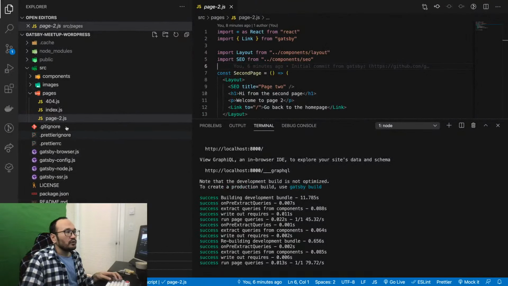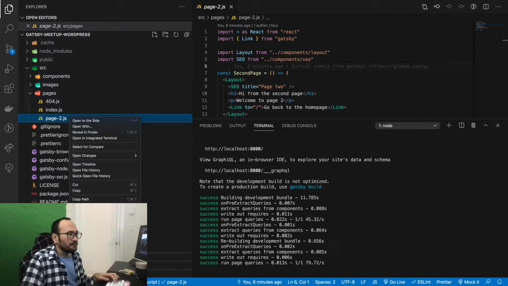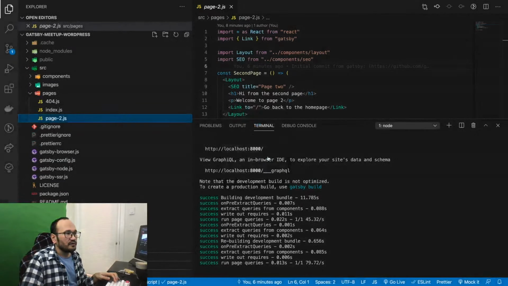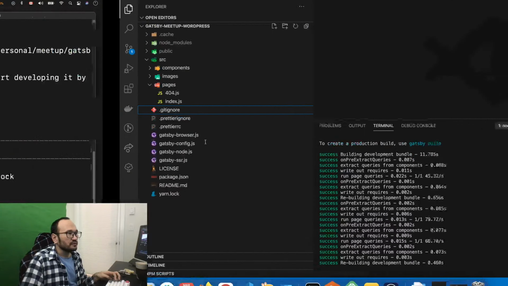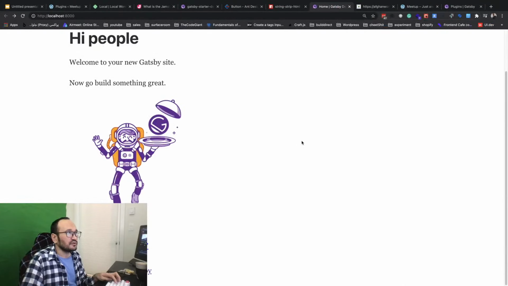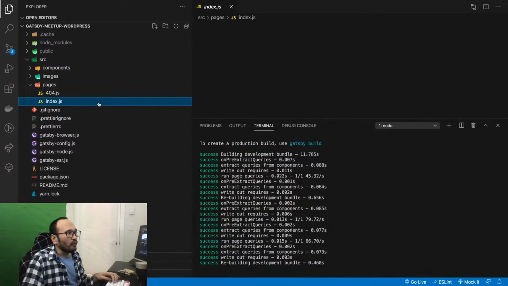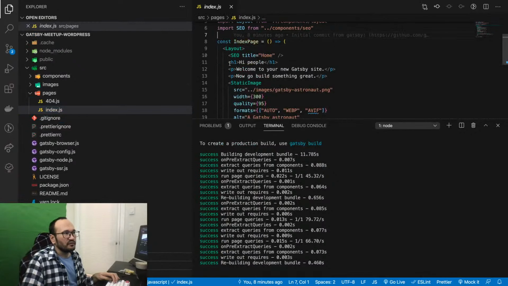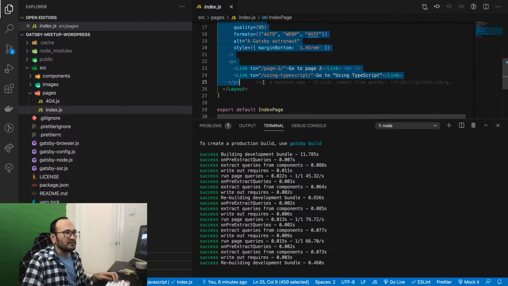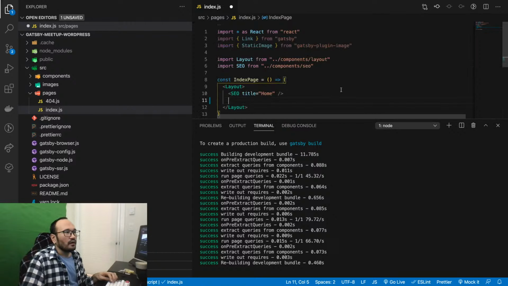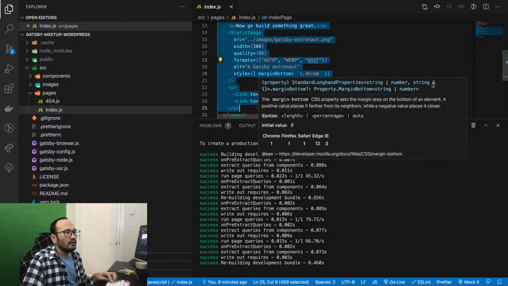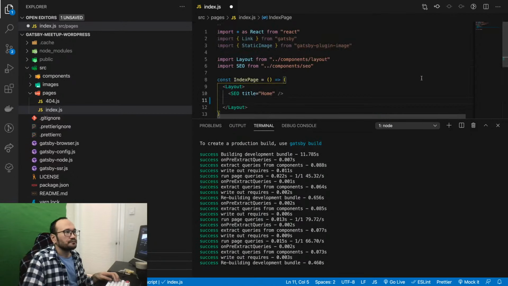Let's go. We don't need this second page today. I'm gonna remove it. Okay, so probably I'm getting some error here, maybe not. Okay, and in the home page we don't technically need this information, so I'm just gonna remove them. Yeah, let's remove them. And then we have a layout.